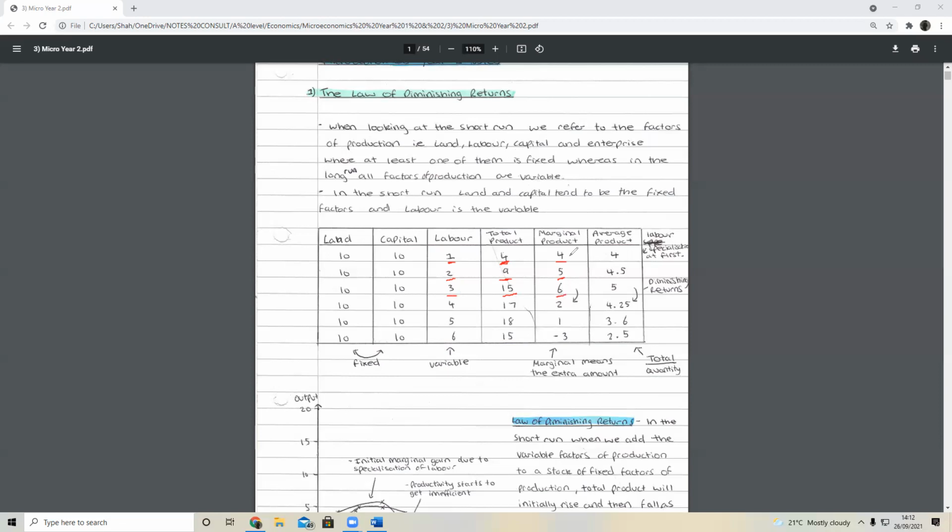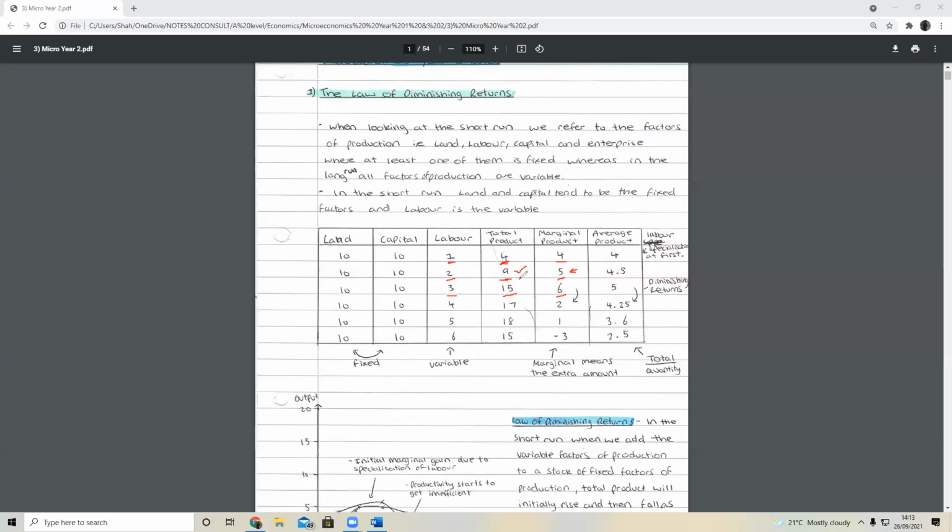So can you see that the marginal product is increasing from 4 to 5 to 6? And how does that increase happen? How did it go from 5 to 6? Do you know how we got these numbers, first of all? Nah, I don't. So you know how we got 4, right? Because this one guy produced 4. So we went from 0 to 4. But now with 2 people, we're able to produce 9, right? We went from 4 to 9, which is a difference of 5.